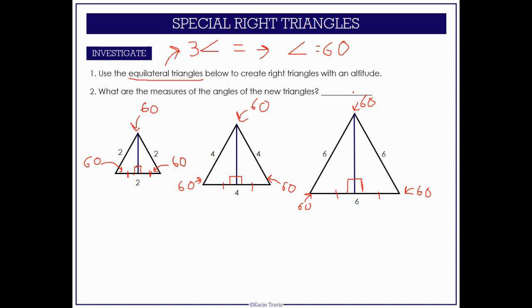So the question is asking us what are the measures of the angles of our new triangles. We know two of the angles. We have 60, we got 90. We got 60 and we got 90. We need this top one here, okay? So let's go through, let's write this in another ink, okay? Now, this top one right here